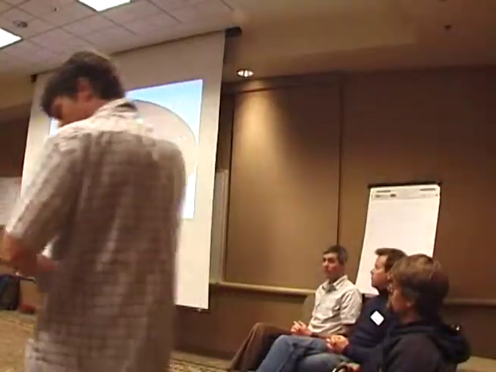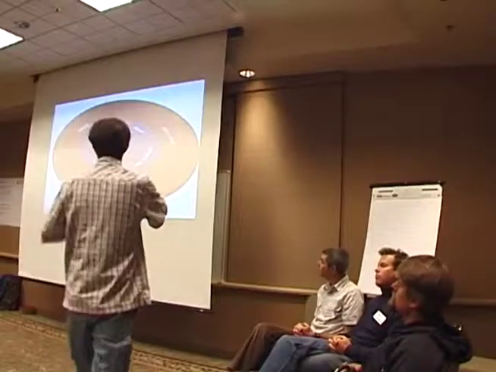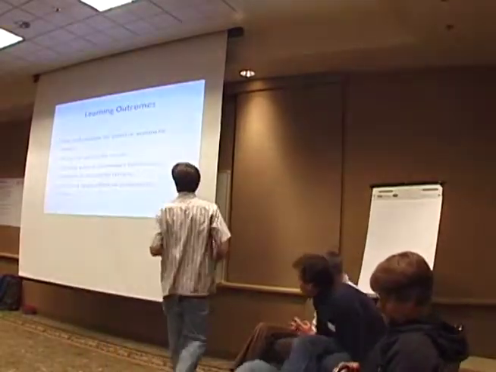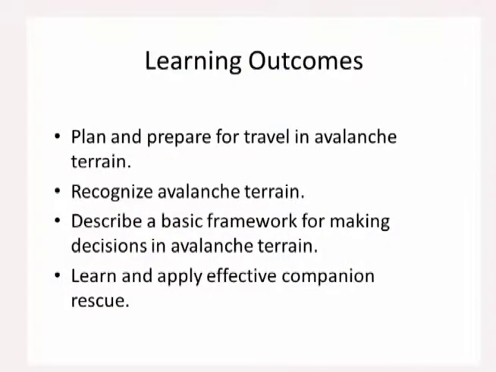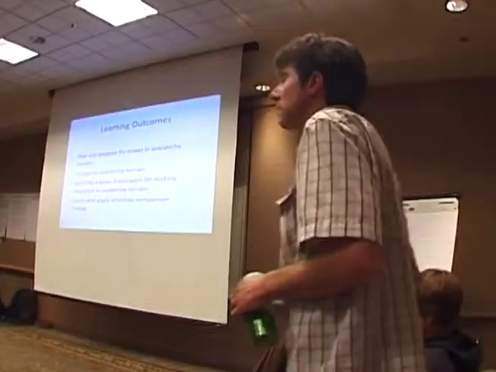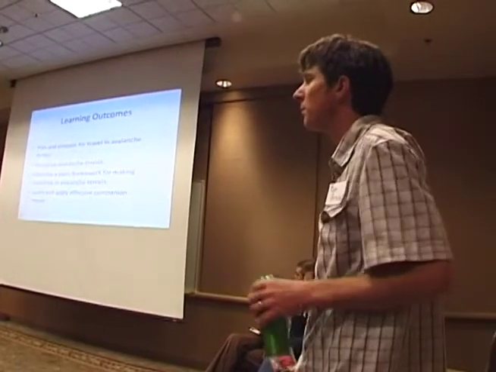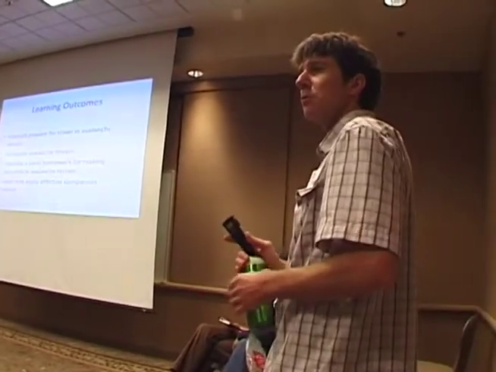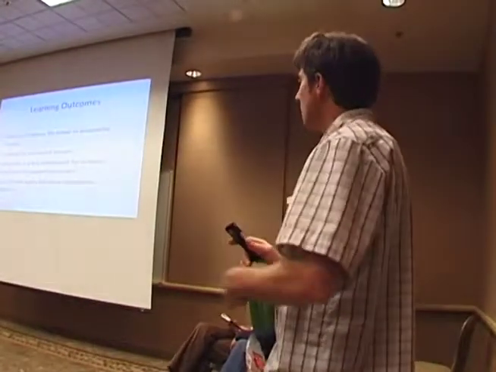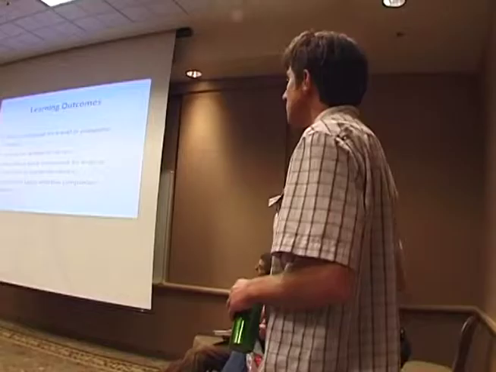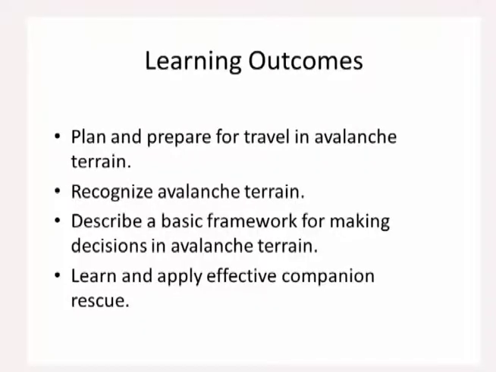Okay, so we're going to break these down into some of these components here. And so the first one, the learning outcomes. These are the gross scale, the course scale learning outcomes. They're the big pictures. Obviously, this gets broken down from within. But when we ran those transects here, a common element was our students need to be able to plan and prepare for travel in avalanche terrain. I think we all get that.